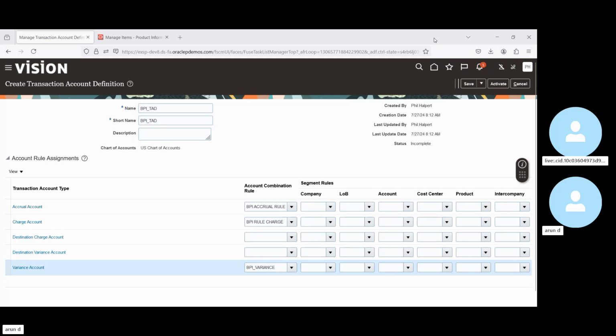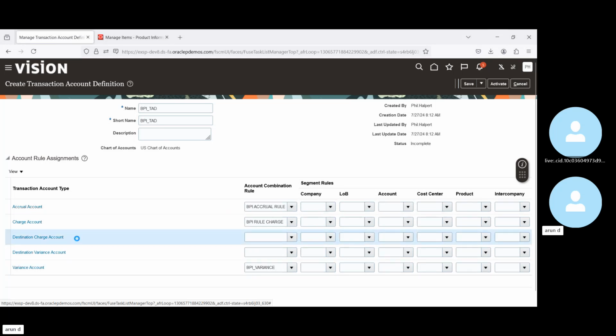Apart from that, we have the destination based charge account and the variance account. The accrual account, of course, will be the same account. So if the destination is expense and we wanted to have a different charge account for the expenses, we will have